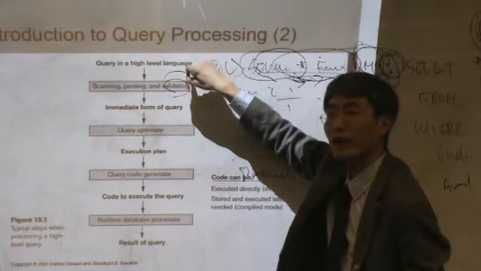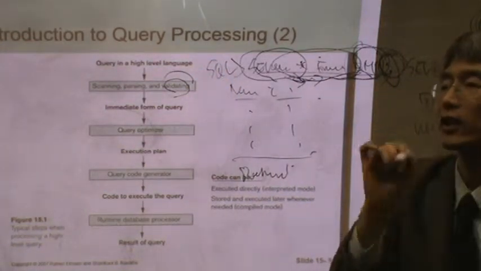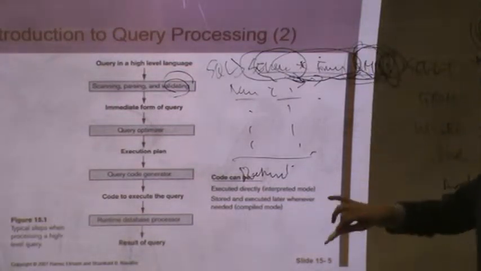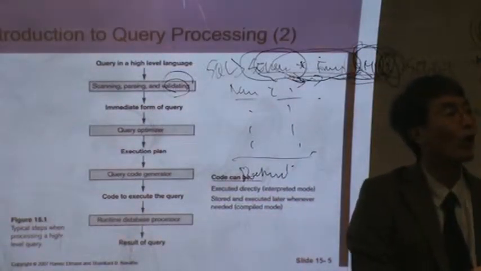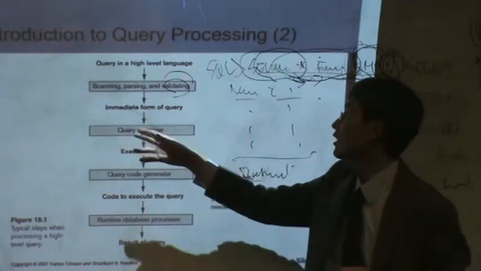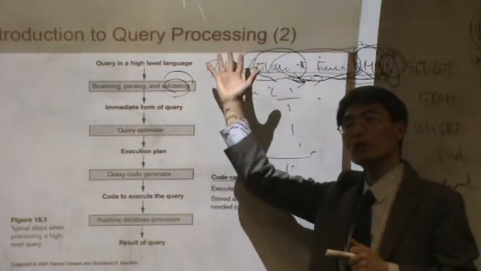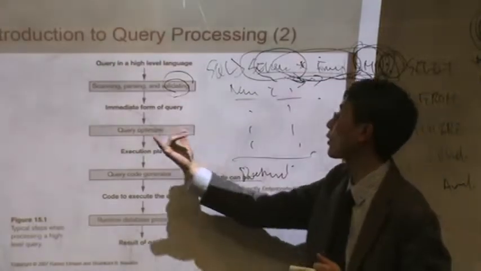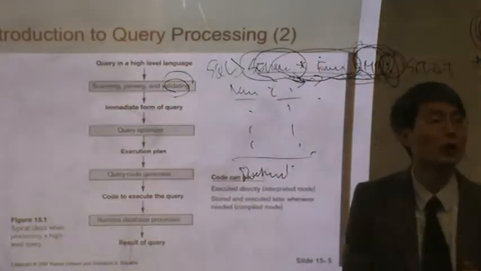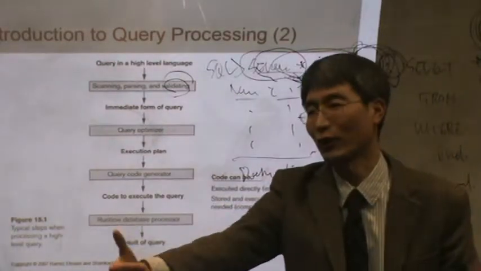During validating, it will check whether this user has permission to access the data, or whether the table exists in the database. So it follows the general steps of a compiler: scanning, parsing, and validating. Then this will be converted to binary form, sometimes called P code or the intermediate form of the query. It will be converted to something close to the computer, the DBMS system.